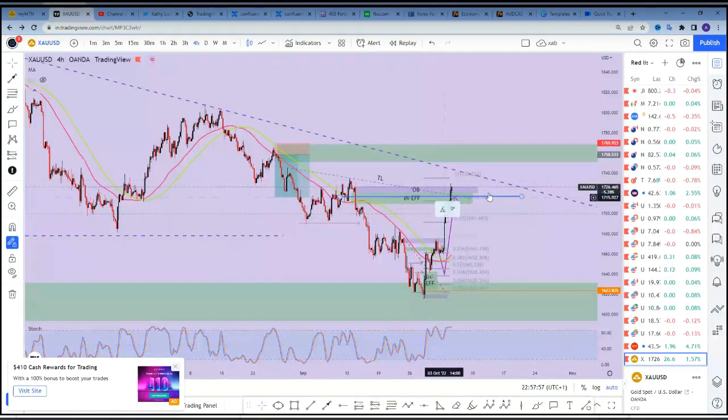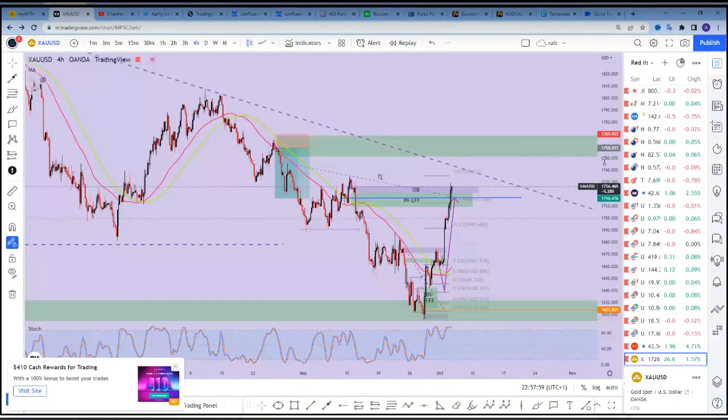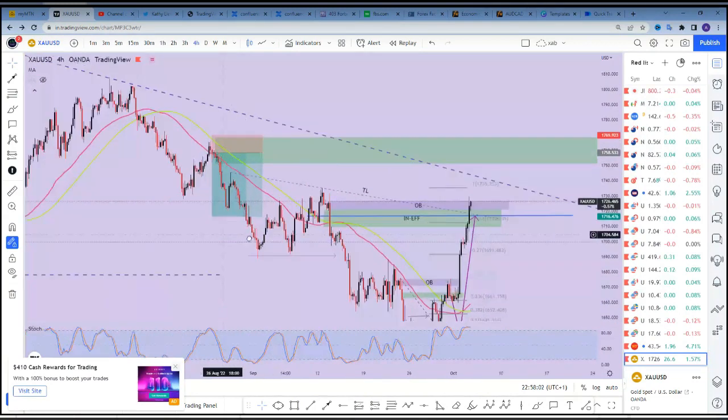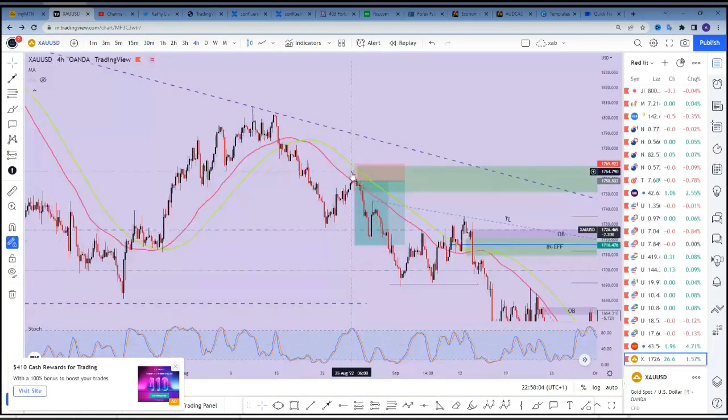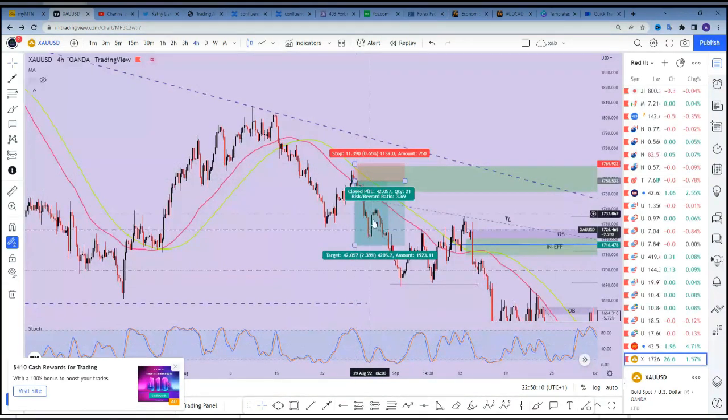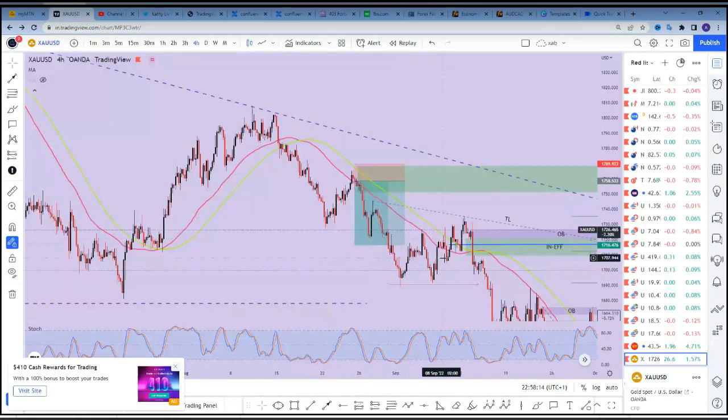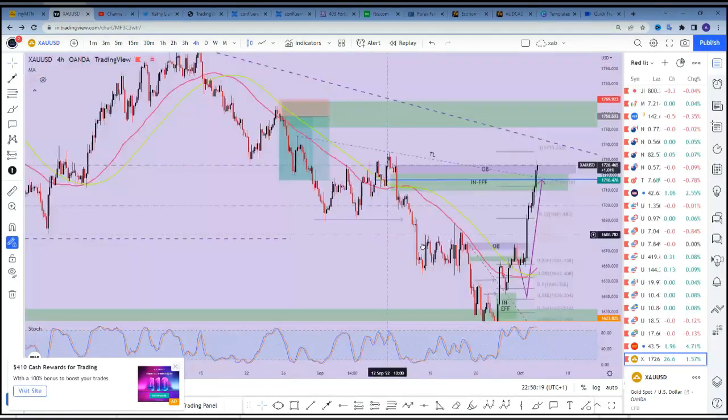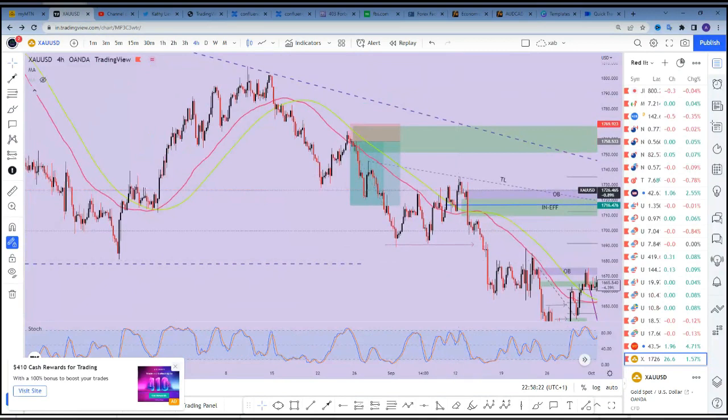Because you can see the previous eye. Let me zoom in so you see that clearly. You can see the previous eye and you can see that I gave it some space. If the stochastics doesn't cross like this and start coming down, then I just naturally close it manually so that I won't be wasting my time too much. Is that clear? Yeah, it's clear.